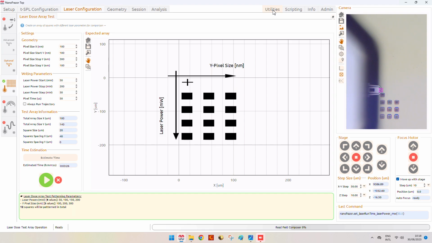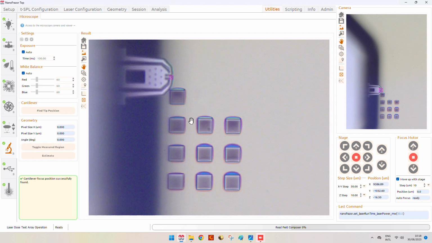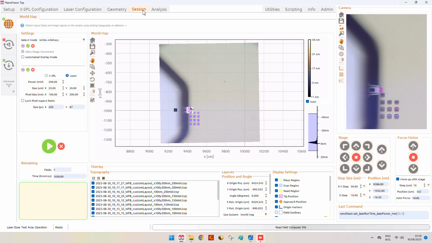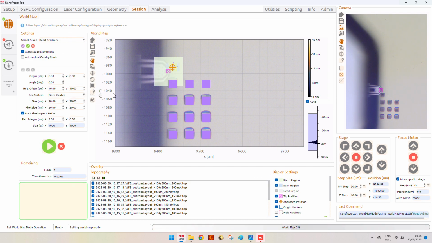In case we want to have a better understanding of the depth, for example, at which we are writing, we can always go to session and select specific squares that we're interested in with the read arbitrary function, and we can measure the depth of a specific square, because when we are doing pattern transfer, we're also interested in knowing the depth at which we are writing with the laser, so that we can have a successful pattern transfer.